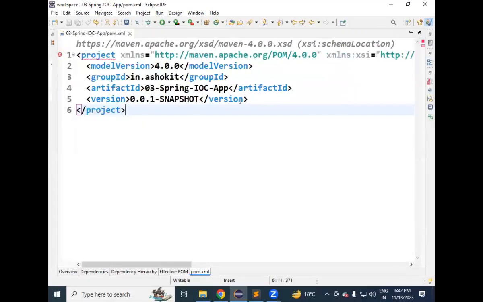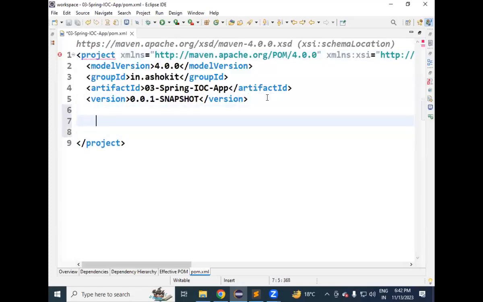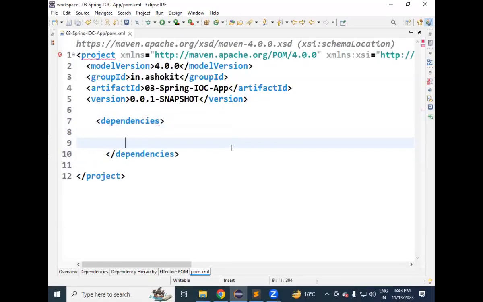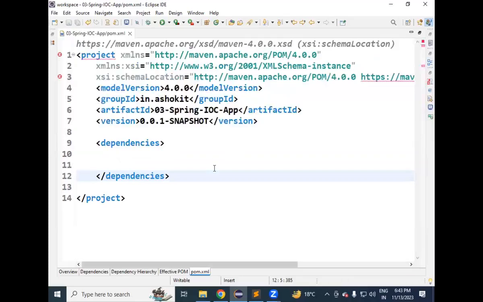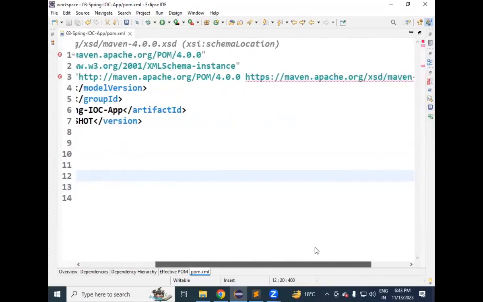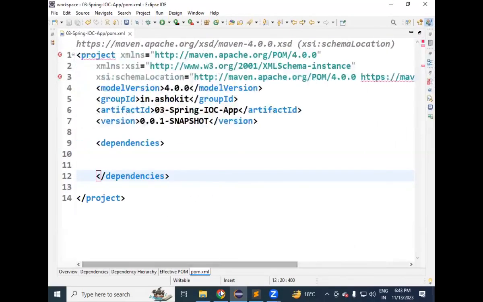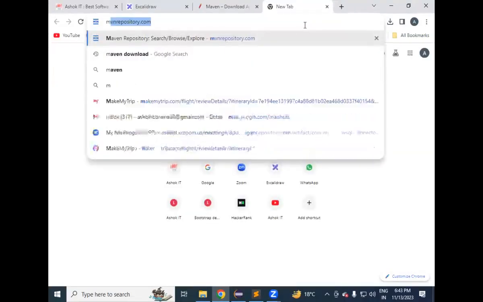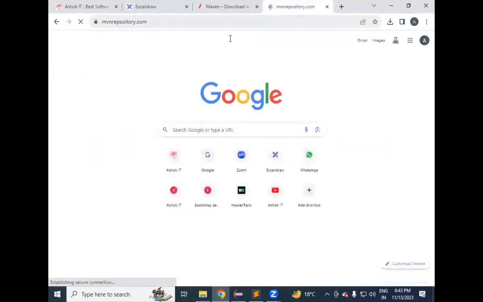Okay, so let's go here. There is a root tag called project tag. Inside the project, what dependencies are required? Let us specify dependencies here. Now, what dependencies are required? We need to specify those dependencies here. Now, from where can we find the dependency? There is a website called